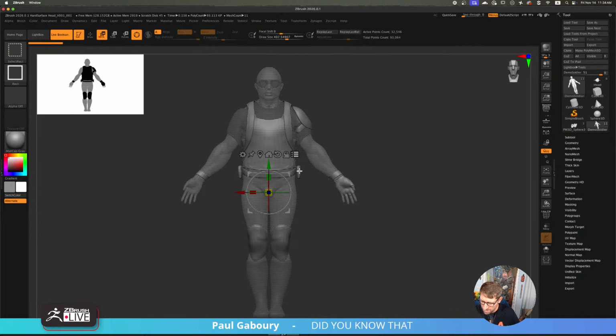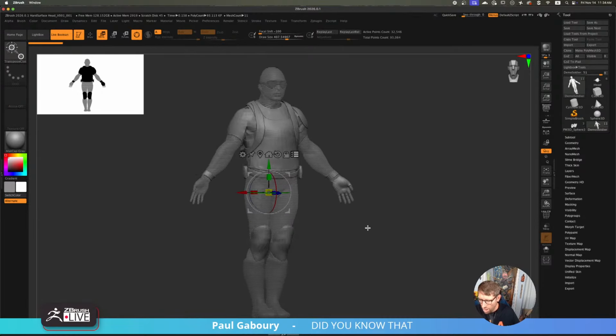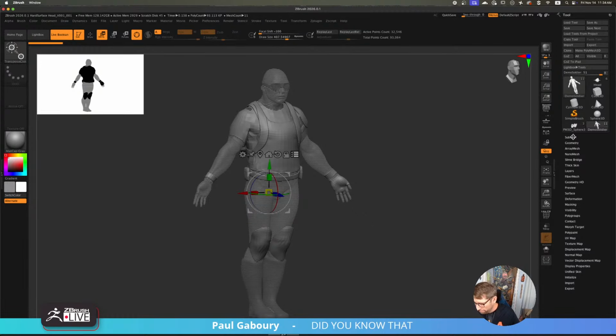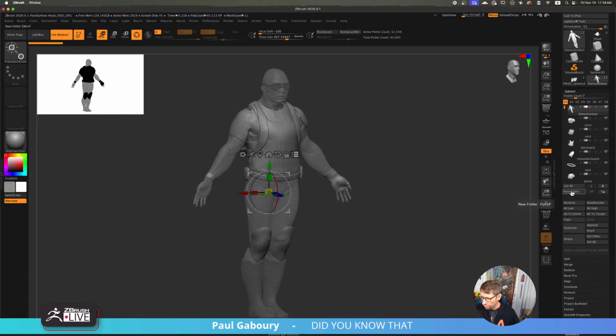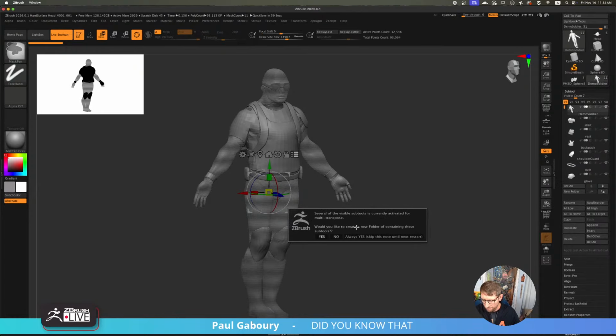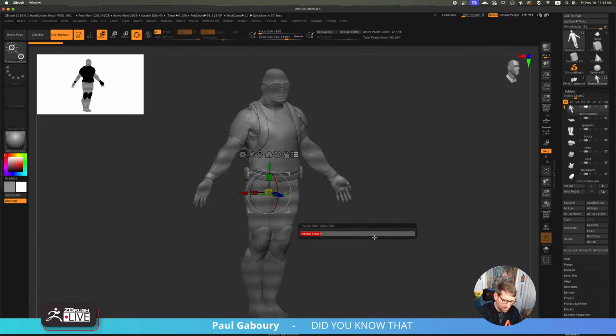I won't put the boots. Let's put the shirt in. Okay, so I want all of this to be in a folder. Now you just hit Control-F for me. Obviously, if you come over here, you can just hit New Folder. Okay, so Control-F. And then it's asking, do you want to put this in folders? I'm going to say always yes. And then now you just name it what you want. And then boom, it's in the folder. It's that simple. That's all you got to do.